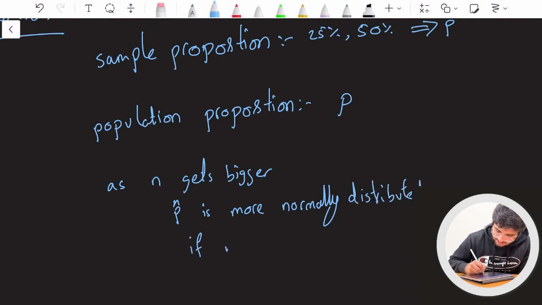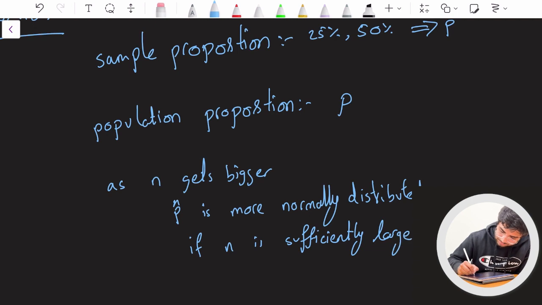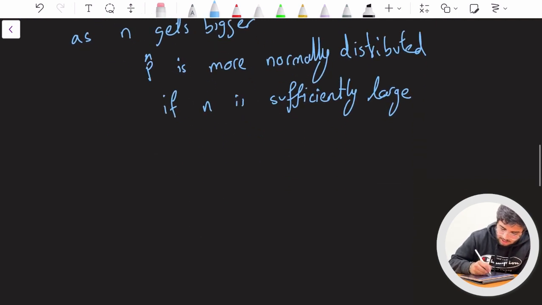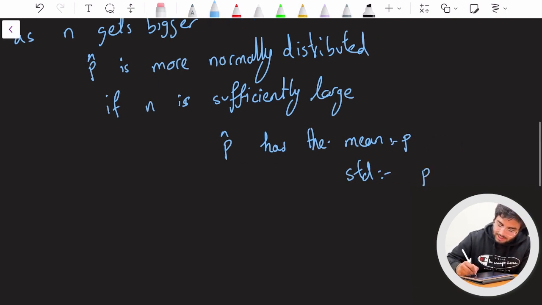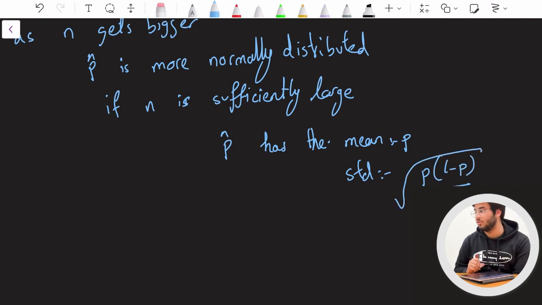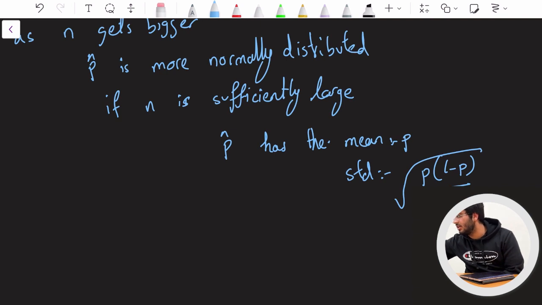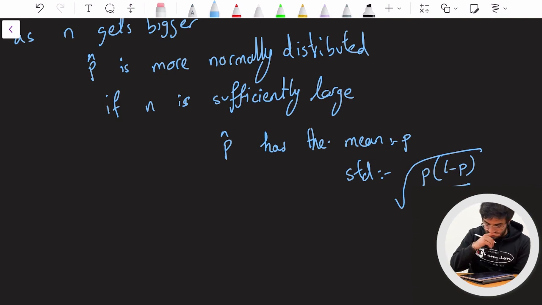And if n is sufficiently large, P hat has the mean P, the population proportion, and the standard deviation is the square root of P times (1 take P) all over n. I believe, let me just make sure I'm not doing this incorrectly. Yep, so that is your